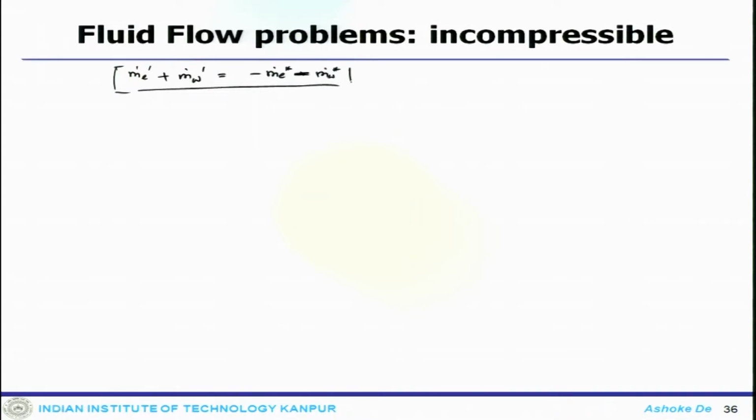Once you calculate the mass flow rate, when there is no correction needed, theoretically the right hand side should tend to 0. That means no correction is needed, so whatever intermediate value was calculated is the exact value, and that will happen when you iterate the solutions over different levels. So one can think of the mass conservation error of the current field as what drives the correction field.